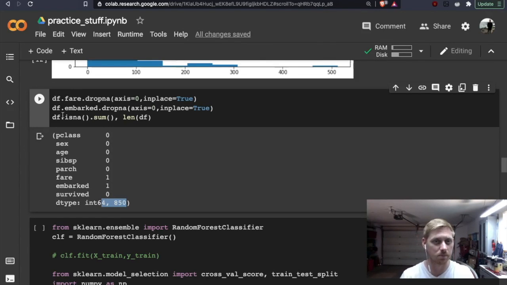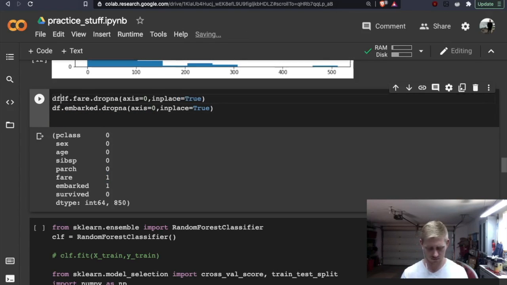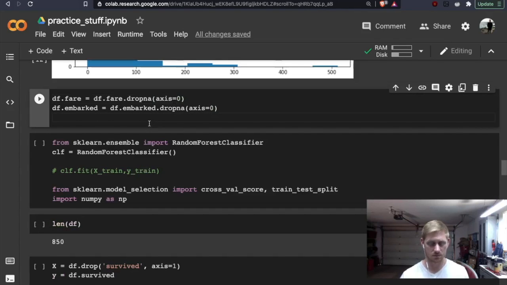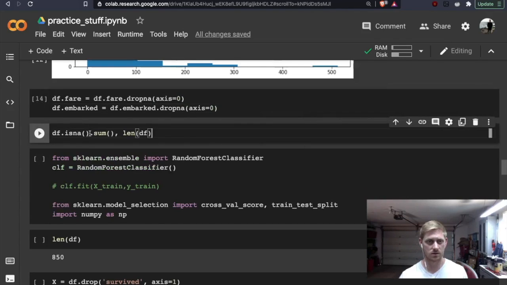So let's see. Although we have inplace equals true, let's go ahead and get rid of this. Let's also get rid of this. From there, let's see this.